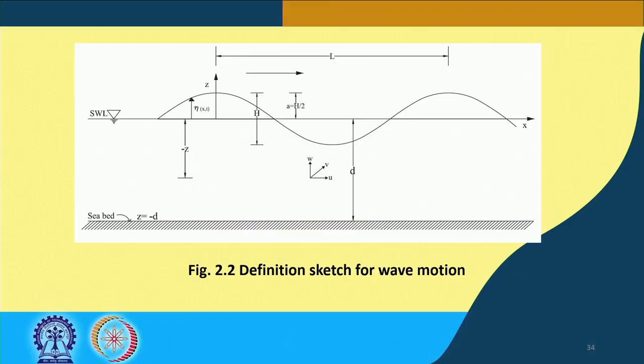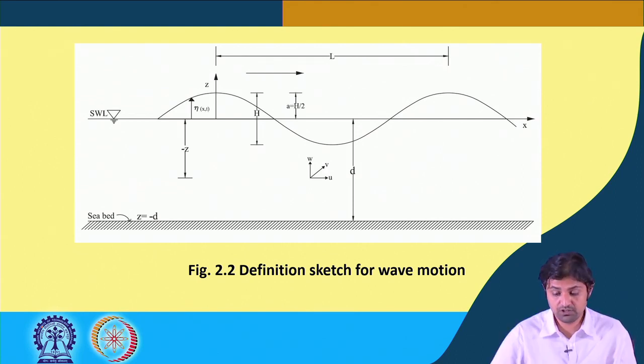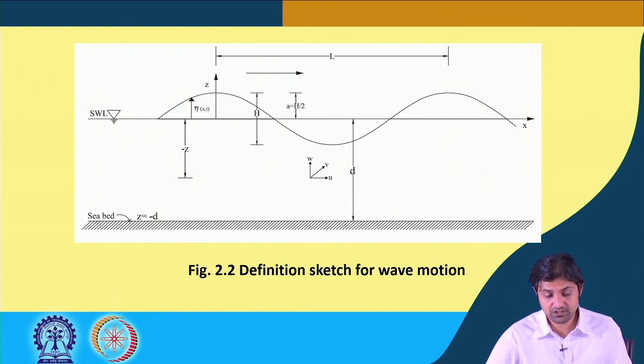Welcome back, students, for this third lecture of this module where we are deriving the velocity potential of the ocean surface waves. Last time we concluded with this particular slide indicating the definition sketch of the wave motion, where we have told you what the water depth is. This figure is actually very important for understanding how this linear wave is represented. The wavelength is given as L at the top, the depth is indicated, wave height H is also given, seabed is shown. So, from this point onward we will continue with our derivation.